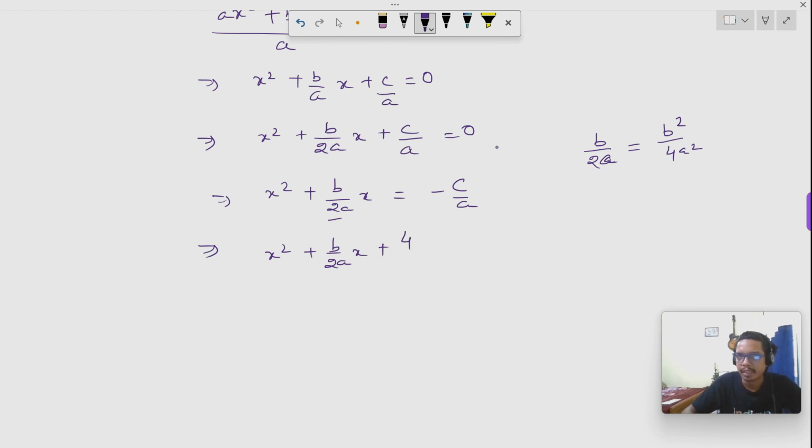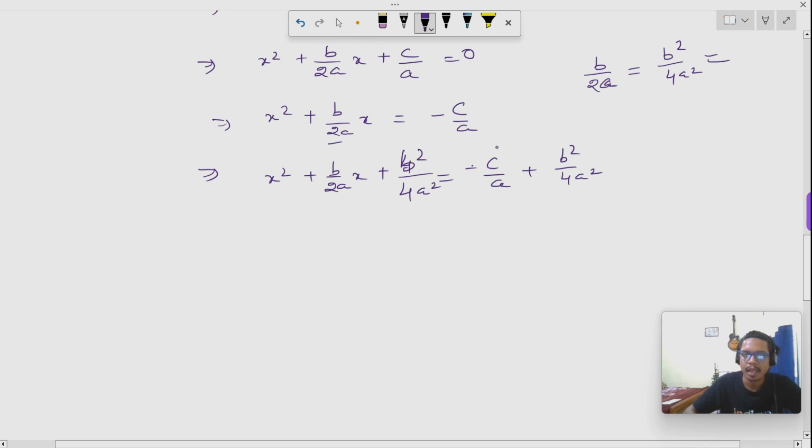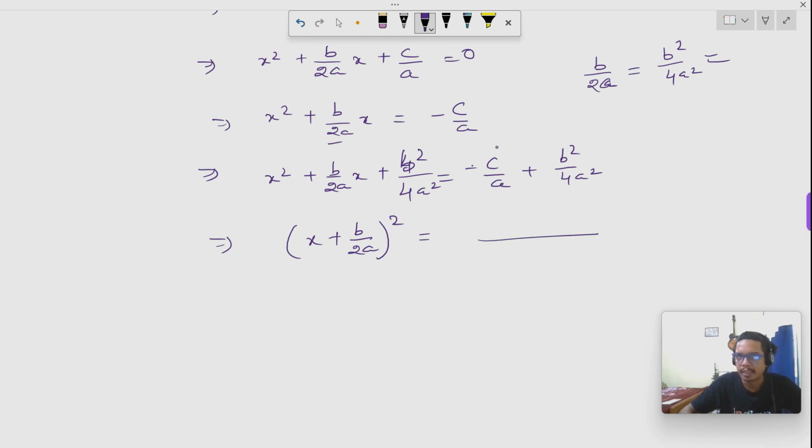Just add this term to both sides of the equation: c over a plus b square over 4a square, and simply write it down as x plus b over 2a whole square,